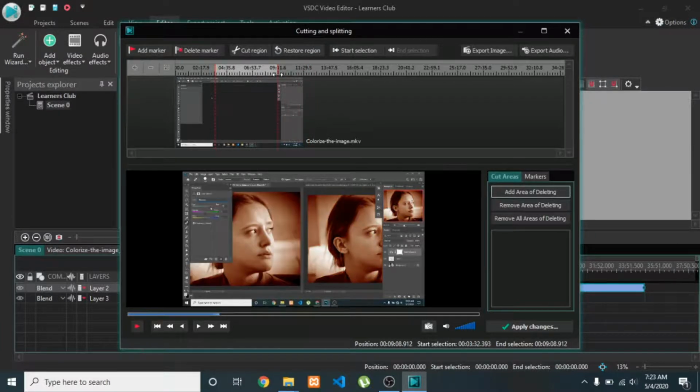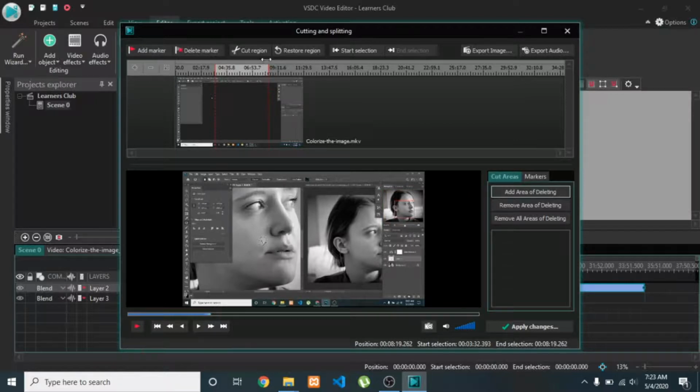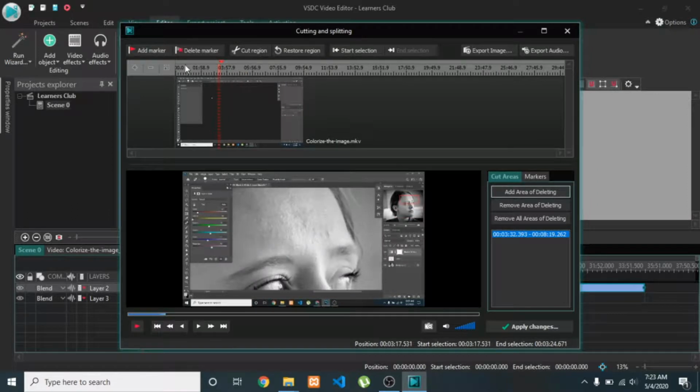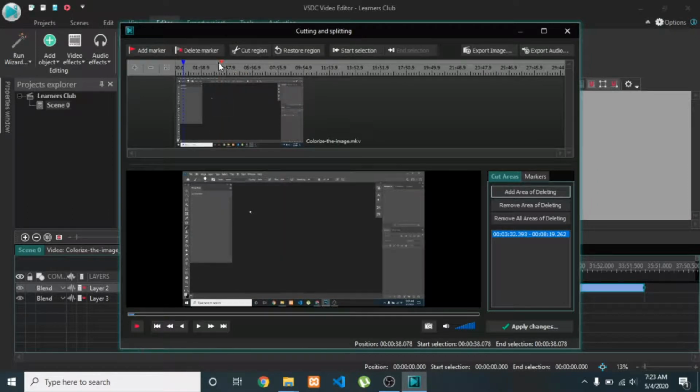For example, I want to drag it here, and then again you can cut the region. If you think you have cut the essential part of the video, you can again go to that portion and again restore that region, again do some changes and move out of that region. And while doing this, make sure that you have just paused the video right here. Video should be paused before cutting and restoring. And marking too.